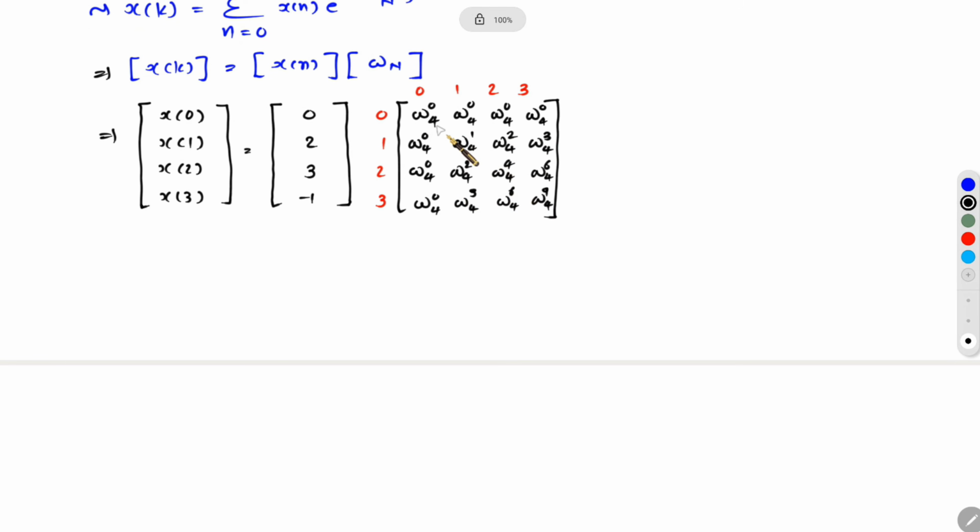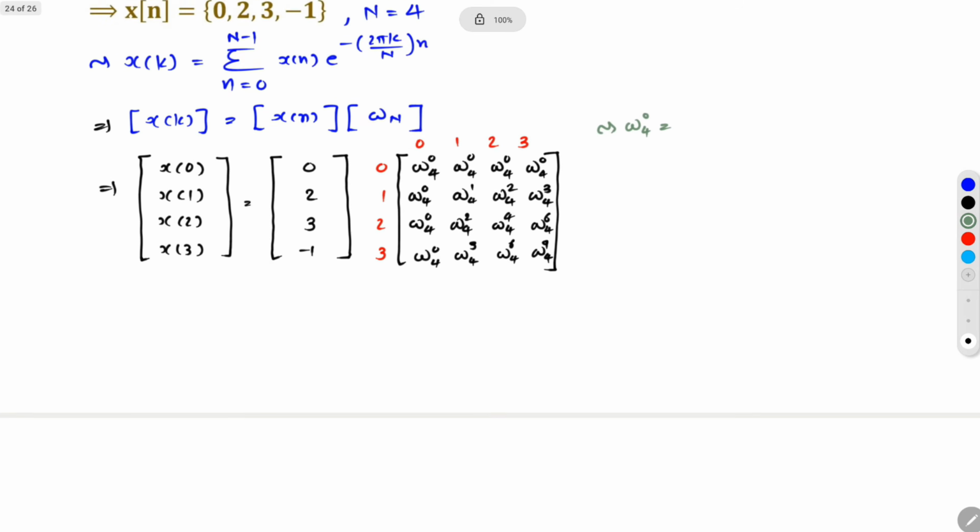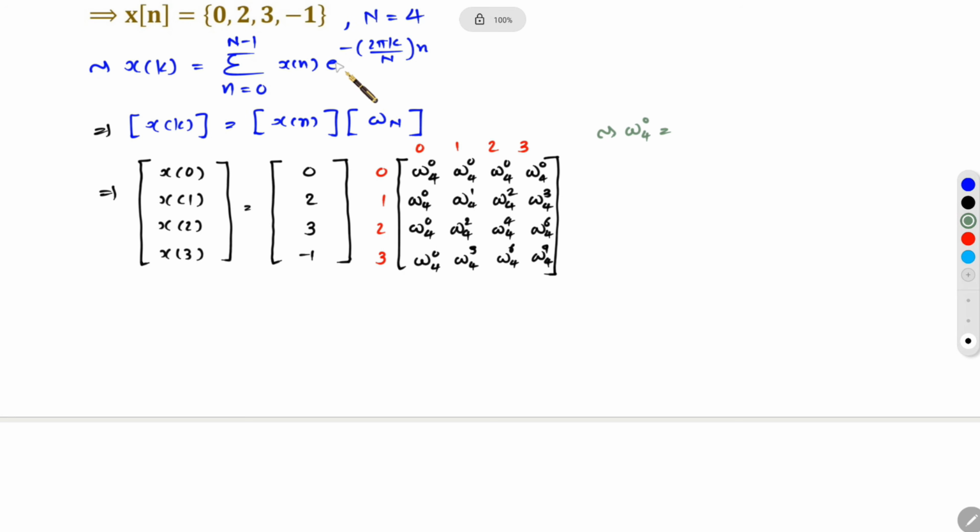Let me explain this calculation of weightage. There are two ways by which one can calculate this weightage. See, the first way, that is the normal way, and in this way you need to understand this equation, W4 to the power 0. If you observe this summation, the weightage is based on e to the power this. So here W4 to the power 0 will be e to the power minus j, and then we have